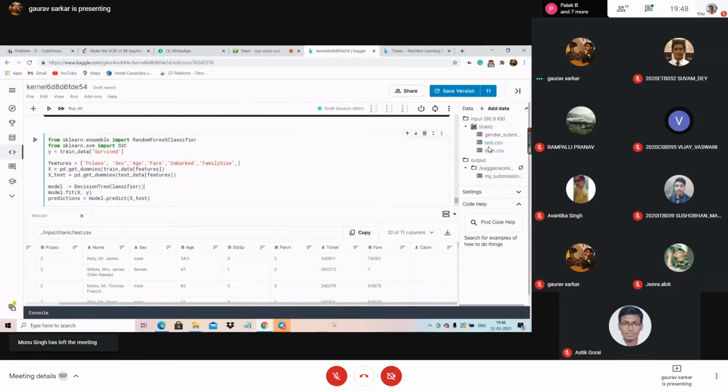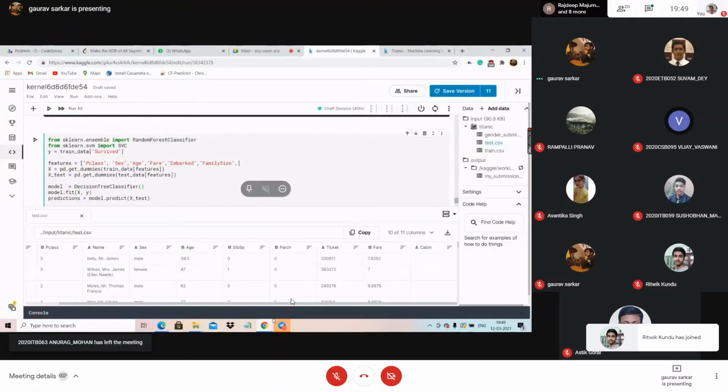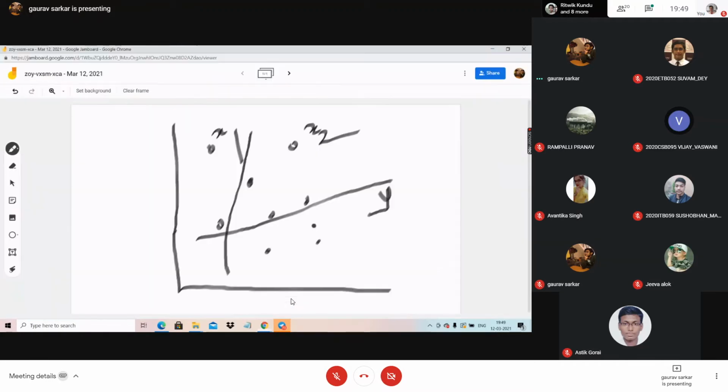Let me show you one thing on the Jamboard. Suppose there is this point, you can see that I drew a new point right above that straight line. Can you see that point? Yes.